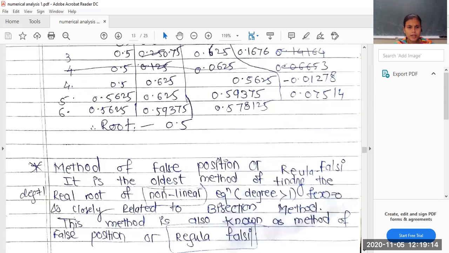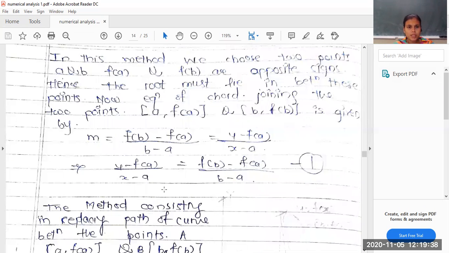You can see. Now let us go for the next one, which is the method of false position, or regula falsi. That means we are going to find the root by using a false position. First we will find a root which is not the correct root, so that is called a false root. And then with the help of that approximation we will reach our answer. For this we are going to use slope. What is the formula for slope? f of b minus f of a divided by b minus a, or the difference between y coordinates divided by the difference between x coordinates.